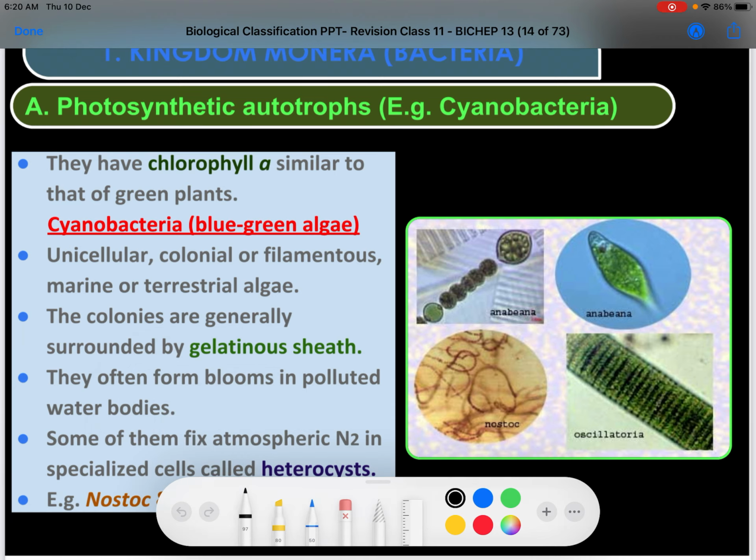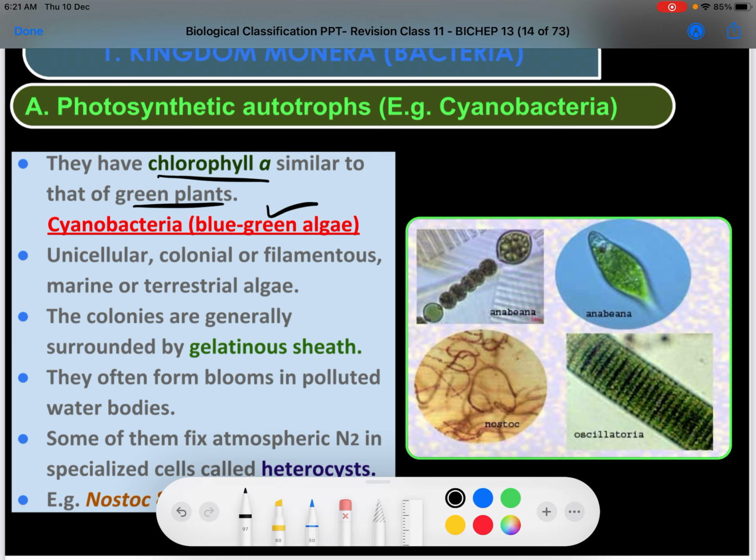They have chlorophyll A, and that chlorophyll A is the pigment which is responsible for photosynthesis, which is similar to that found in green plants as well, and that is why they are also termed as Cyanobacteria, that is blue green algae. This is the third name. So photosynthetic autotrophs, for example Cyanobacteria or blue green algae,